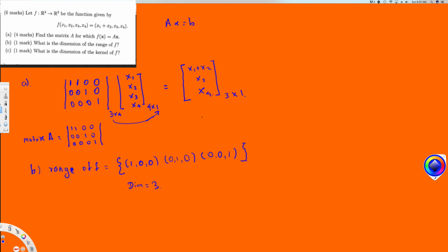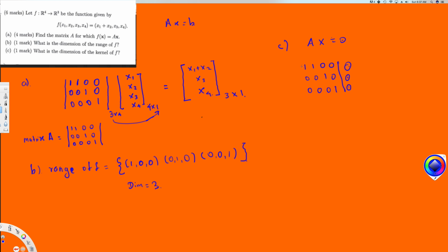And you can also say it with the leading coefficient, leading one. Then the C part is asking what is the dimension of the kernel of F. Kernel means null space. So in this case I have to set this into null space. Null space is basically Ax = 0. And if I solve this one, 1 1 0 0, 0 0 1 0, 0 0 0 1, and set it equal to 0,